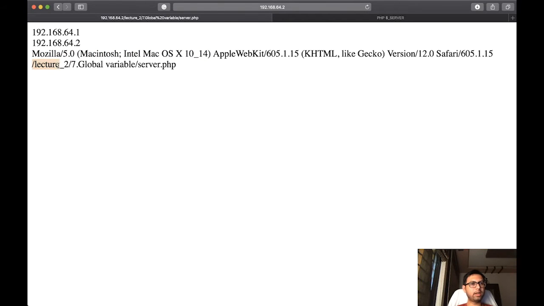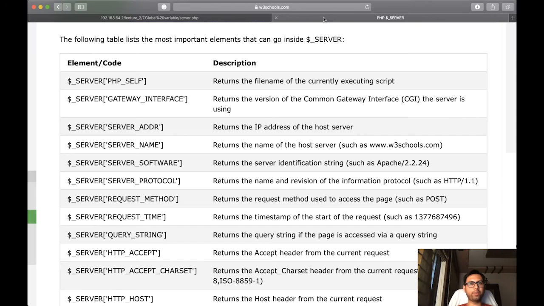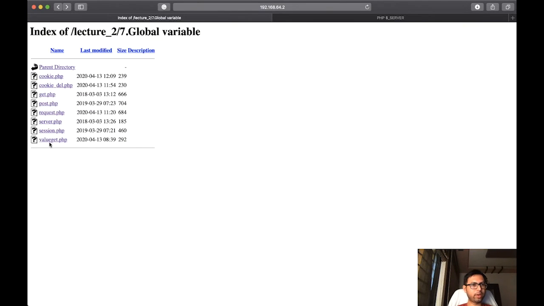So you can see that in lecture 2, 7.superglobal variable directory, and inside that the server.php file. So self is returning the current directory or current page of execution. We can cross verify it over here also.